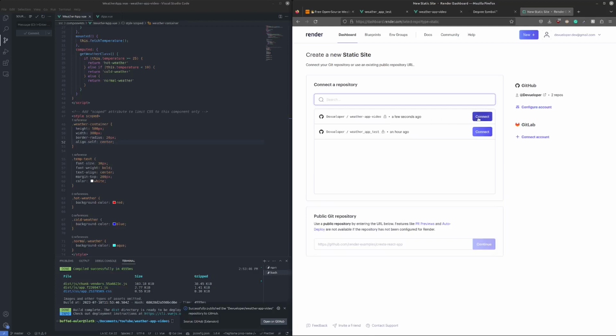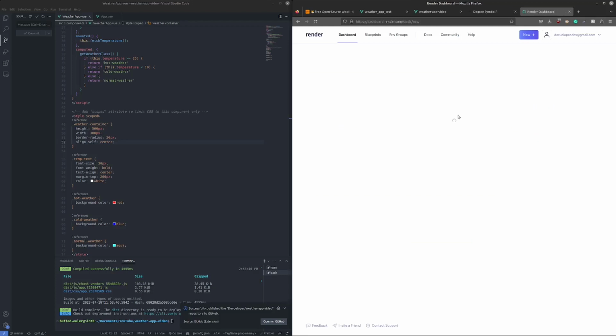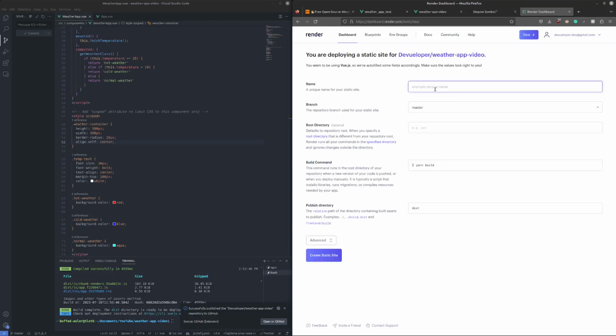Yes, so I'm going to click on connect on weather app video. I'm going to name it weather app video, just like the GitHub repository name. Root directory is going to be just a dot and a slash, and as you can see, it automatically detects that we're using Vue and nothing else needs to be touched. We can go ahead and create the static site,